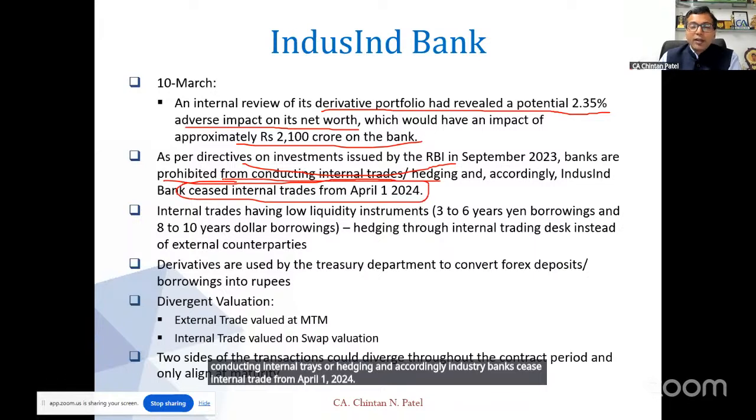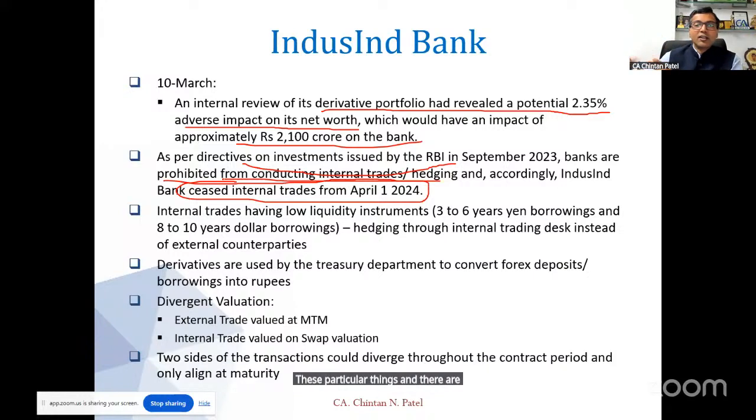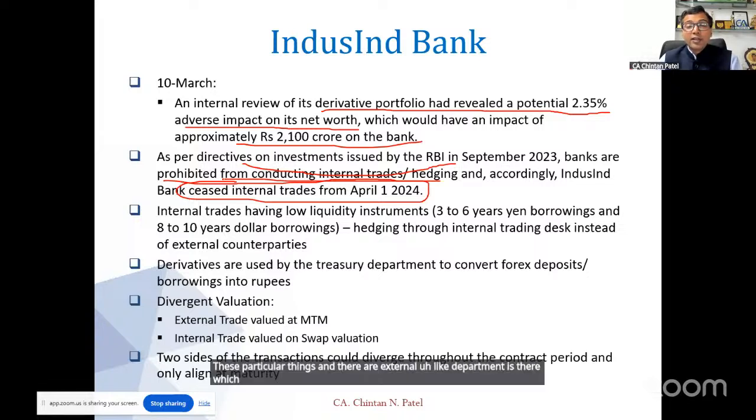One very important thing is that in a bank, derivatives are handled in a very complex way because there are different departments. One is internal trade, the second is external. Internal trade has a huge team which does these things day in and day out, and there is an external department which handles how to hedge these things. They sometimes don't talk with each other. They have their own accounting policy, their own policy, and they do things on their own basis. If they are working in silos, then this kind of thing can happen.